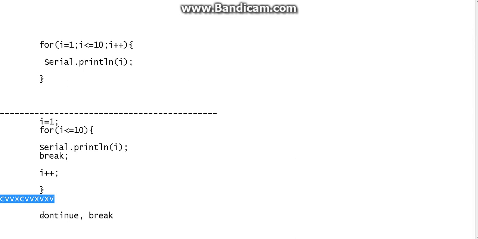So remember, continue will only skip that particular iteration, but break will break all the iterations after that, and it will immediately break the loop and come out of the loop and go to the next line. Okay, so why do we need the break keyword? It depends on the situation, but please know there's a break keyword. So if something goes wrong and we want to get out of the for loop, we break it. Okay, so for example, just I am telling,